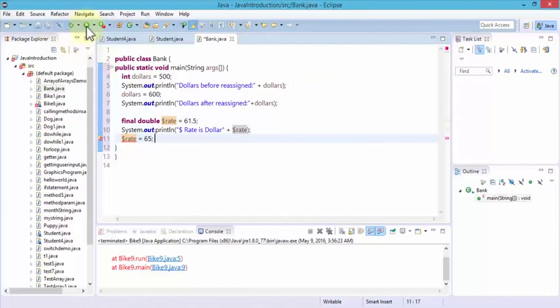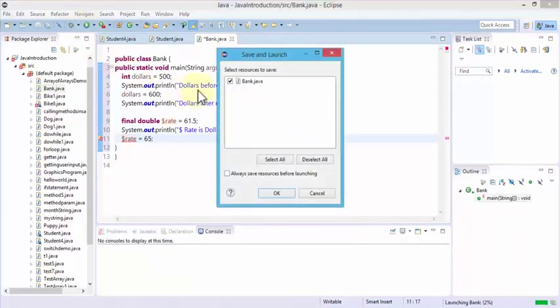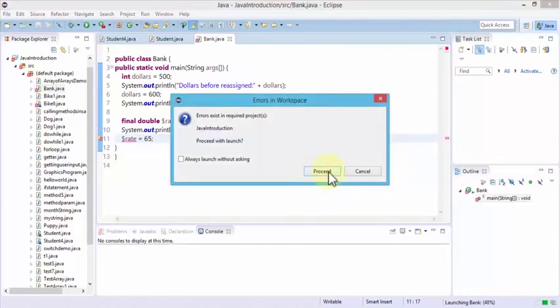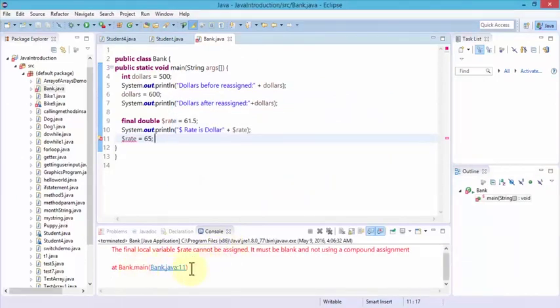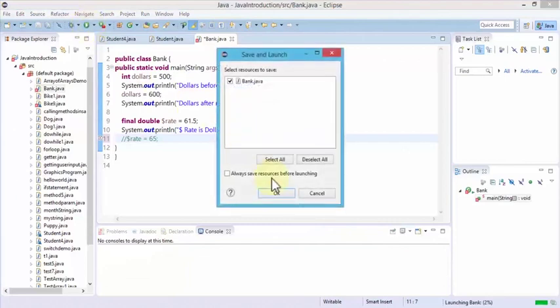So if I were to run this code, for example, let's click on run, save and launch dialog box appears, Bank.java, click OK. If I click proceed, of course it's going to give me the error, and it's going to say the final local variable cannot be assigned. It must be blank and not using a compound assignment. So if I were to comment this out and rerun this code, click OK,